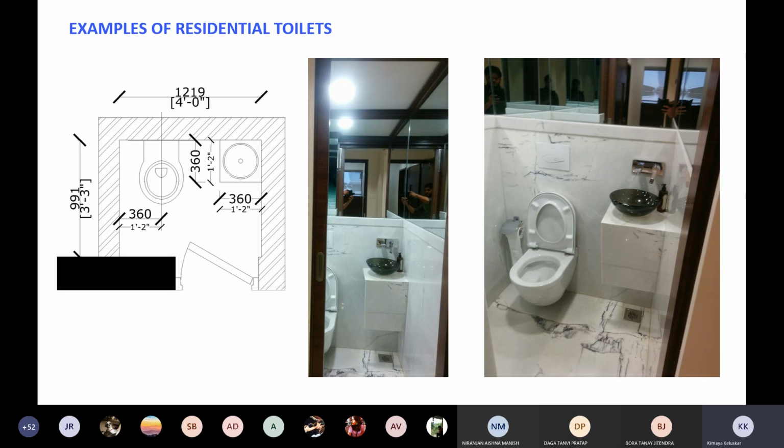It doesn't look as if you're entering a very tight space and doesn't make the users claustrophobic. On the right hand side, you have just a box that comes out with a countertop wash basin on the top. You have a glass dado after a certain height, and then you have your pot. On the right hand side, a head actually gets cut, but that's your toilet jet spray or your health faucet. The other name for toilet spray or jet spray is health faucet.